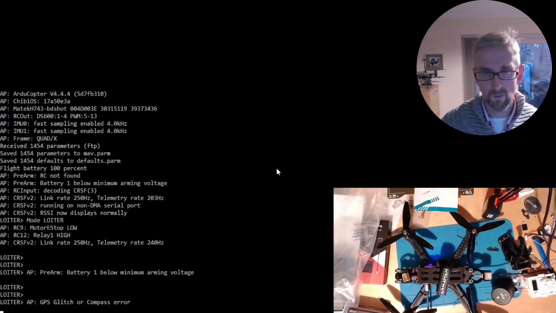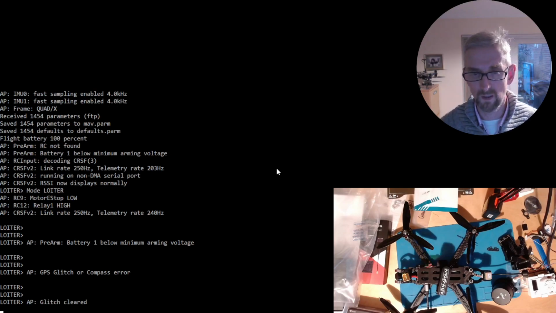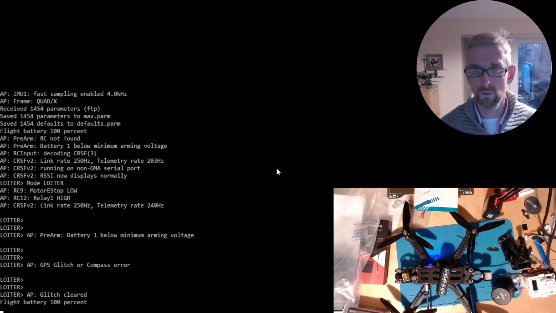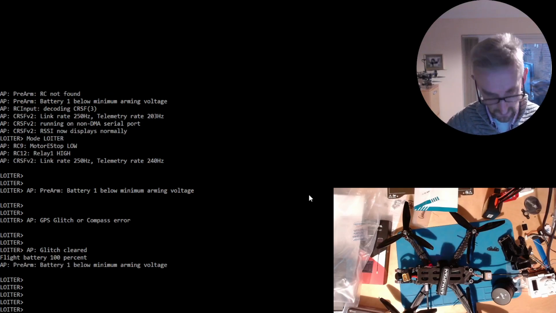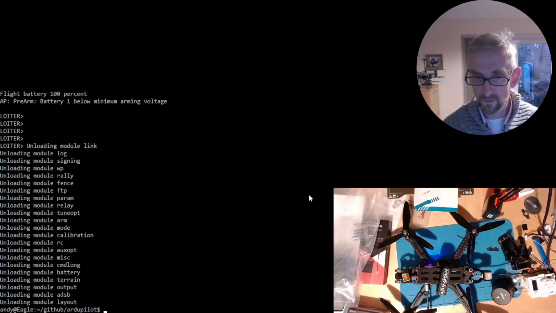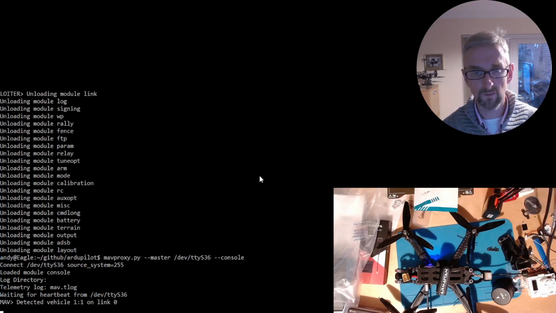So what is the way of telling whether you've got CPU load issues or not? Well, the first thing, obviously, is the PM log message, which gives you a view of the overall load for the main thread. But that's a pretty coarse-grained picture, and what I want is something a little more detailed. In fact, what I might do is restart this with the console. You won't be able to see the console, but at least then I won't get the error messages